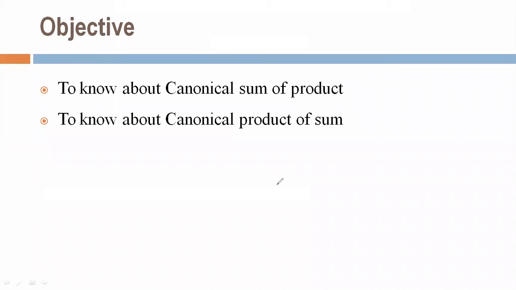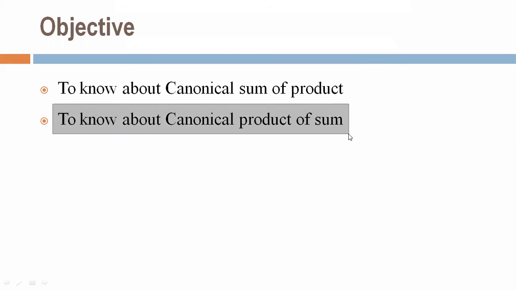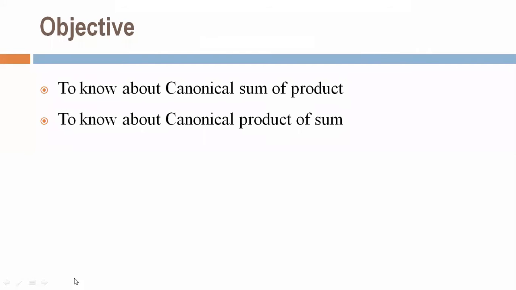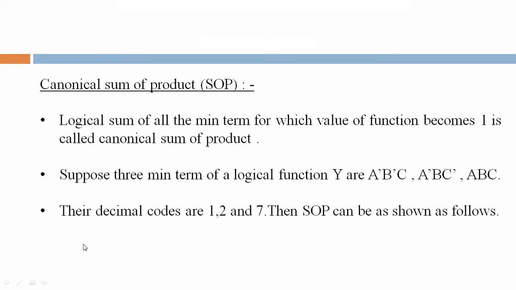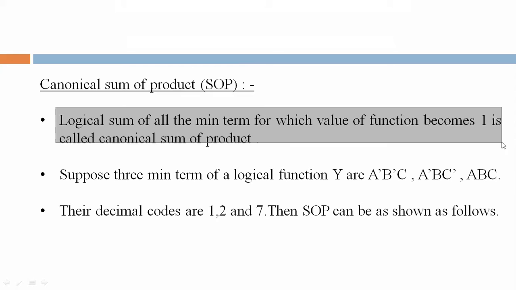Objective of today's lecture: to know about canonical sum of product, and to know about canonical product of sum. First we are saying canonical sum of product. Inside that, the logical sum of all the minterms for which the value of the function becomes 1 is called canonical sum of product,